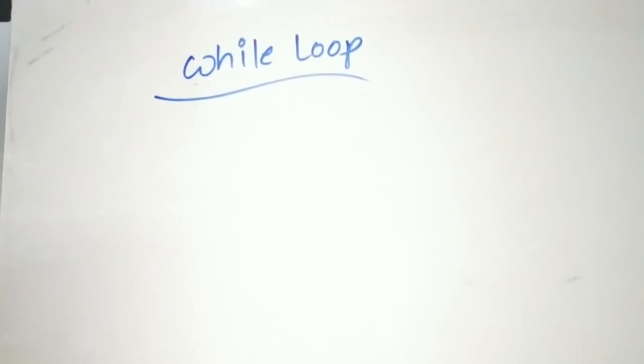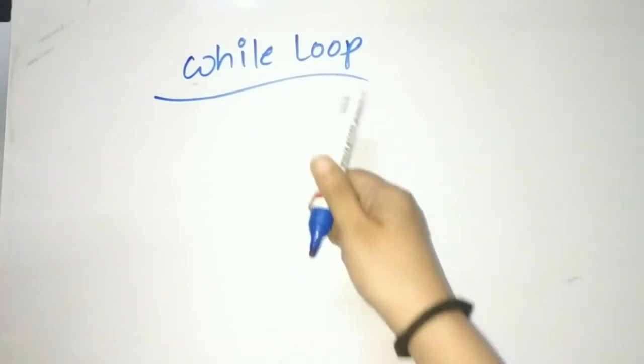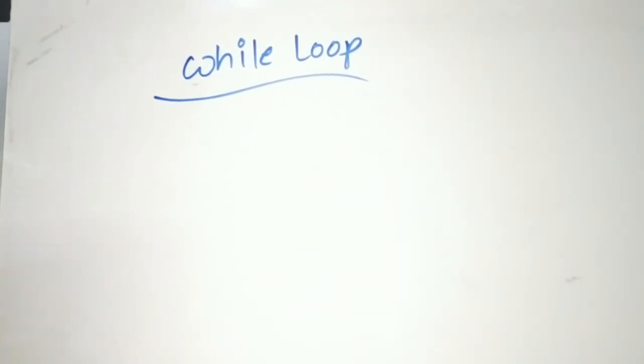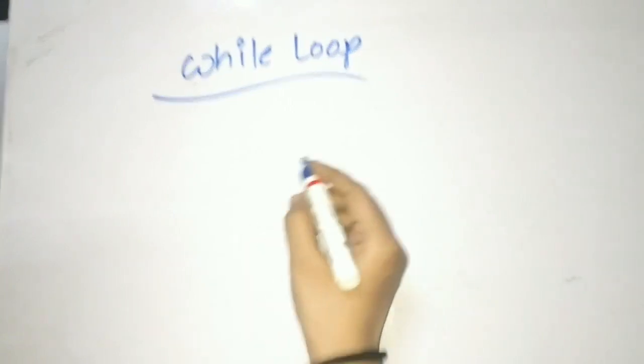So we are going to see the while loop today. Friends, in our last session I introduced you to loops, and we have seen the for loop. A loop will execute a command or a block of code a particular number of times. The while loop also works the same way: it executes a block of code as long as the specified condition is true. The only difference is that the syntax is different.